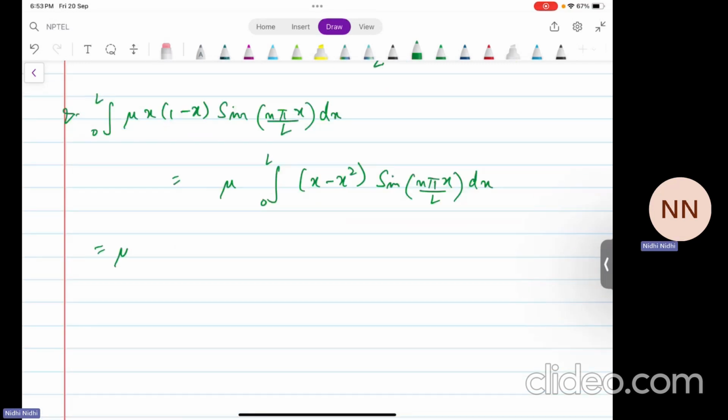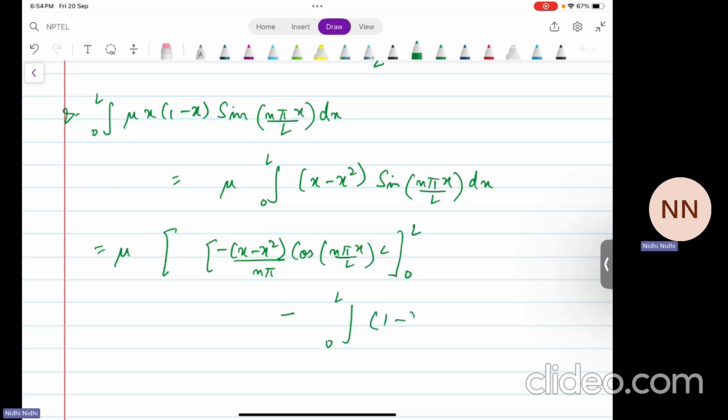That gives us mu, first term as it is, integration of sine is minus cos n pi x by L by n pi by L, limit from 0 to L, minus integration 0 to L derivative of first term, 1 minus 2x, integration of sine is minus cos n pi x by L by n pi by L,